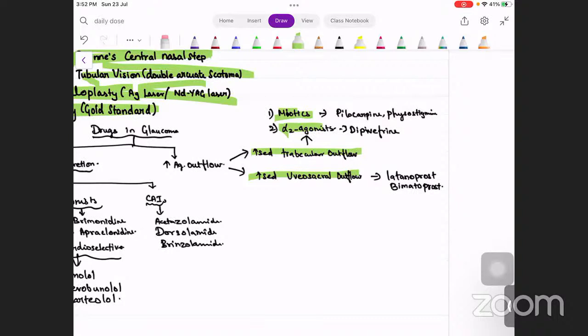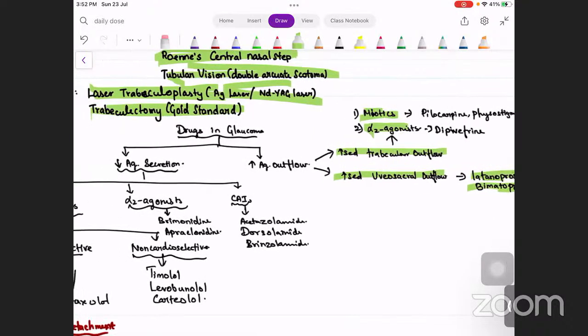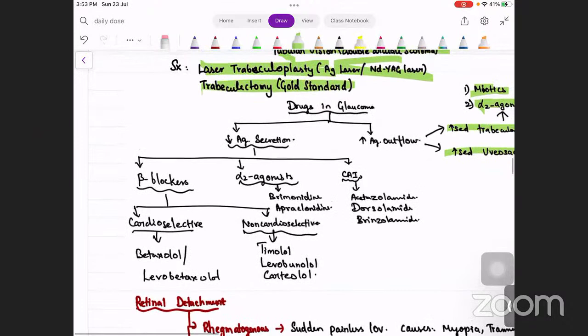Okay, pilocarpine's mechanism of action in terms of glaucoma is increased trabecular outflow. Increased uveoscleral outflow is with the prostaglandin analogs, latanoprost, bimatoprost and so on. Trabecular outflow increase: miotics and alpha-2 agonists. Uveoscleral outflow increase: latanoprost and bimatoprost. Then you have a decrease in aqueous humor secretion, where we use beta blockers, alpha-2 agonists,